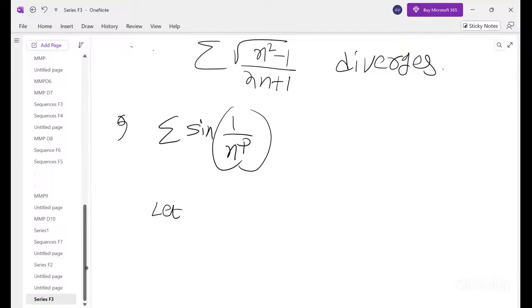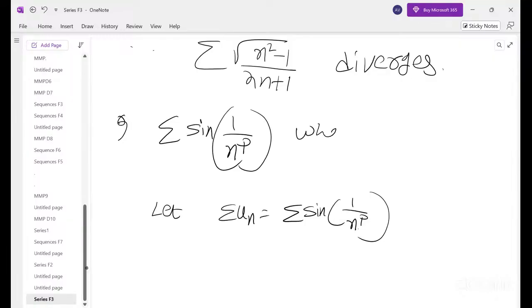Summation un equals sin(1/n^p). That is sin(1/n), sin(1/n^2), sin(1/root n), whatever the p value may be, where p is positive, any positive value. I want to find out for what values of p it is convergent. So let us choose our vn